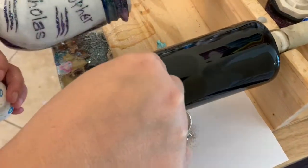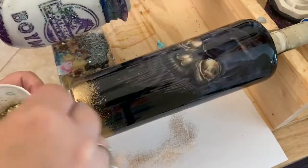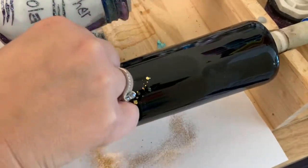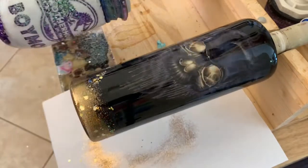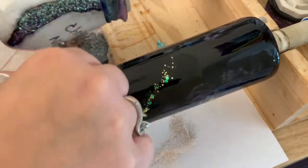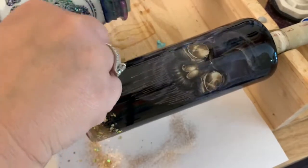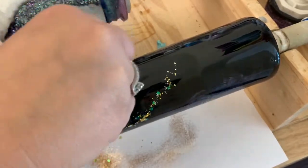I'm going to take my chunky gold and I'm just going to make stripes up the tumbler. Now this is just what I want to do with my image. You guys can do it however you'd like. I'm just showing you how I made this particular tumbler. Again, I'm going to make sure that I don't apply too much so that it doesn't flow up too much